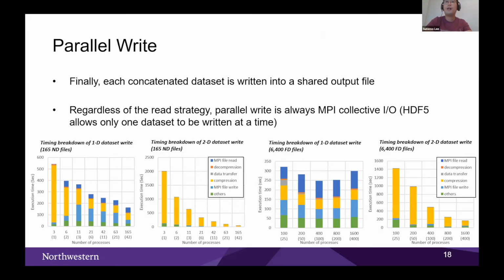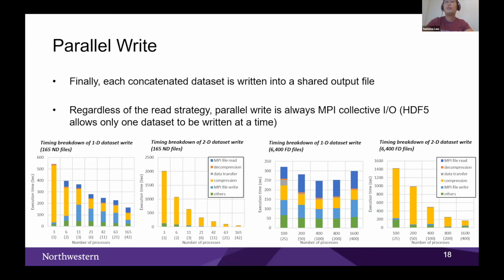Parallel write. We finally have the aggregated data, and we have to write the aggregated data into the output file. Regardless of which read strategy was used, the parallel write should be MPI collective IO. We don't have any other options, because the data is distributed across all the processes, we have to write it into a single data set,